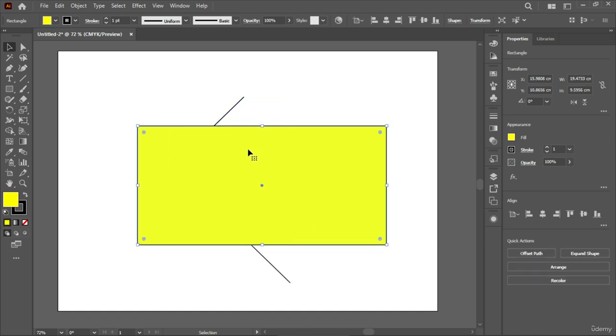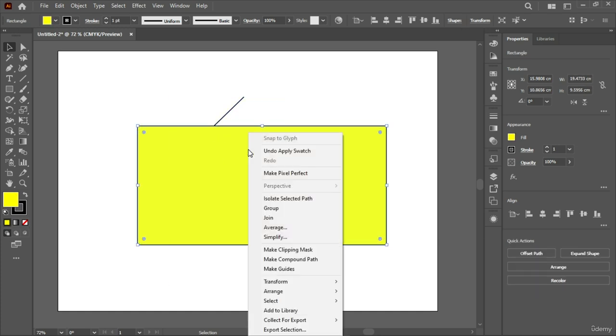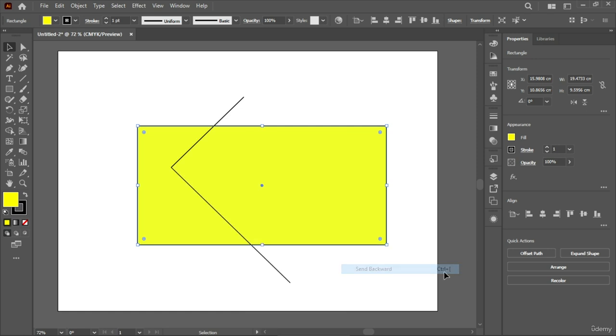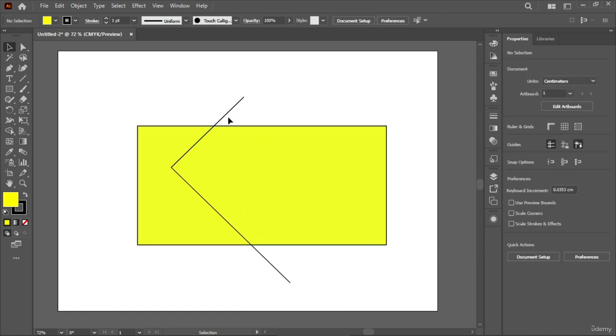So for that, I'll just click on the rectangle, right click, and then go to Arrange. Then I want to say that I want to send it backwards. There's a keyboard shortcut also given there as Control and the second bracket. Okay, now you can see that my shape has gone back, and now I can use the path to create